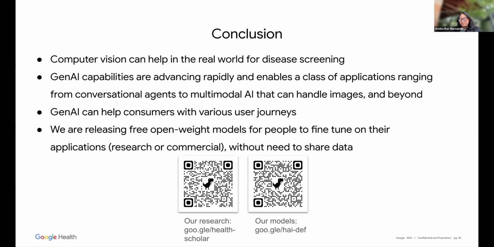I guess this is a question out of curiosity. With Google Health AI enabling more downstream creation or development of models with your open source, I'm just curious, what would be your vision? What would be your success metrics with having this open model available, and what do you envision for the world to be in the next 5 years with this enablement now? I'm just curious. Yeah, that's a great question.